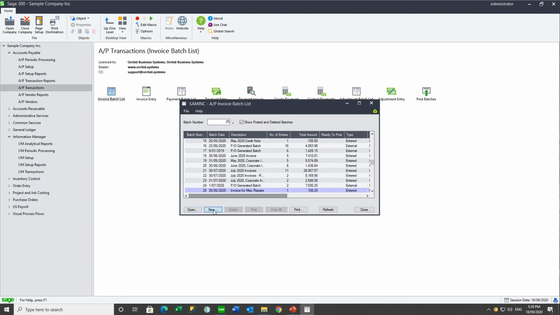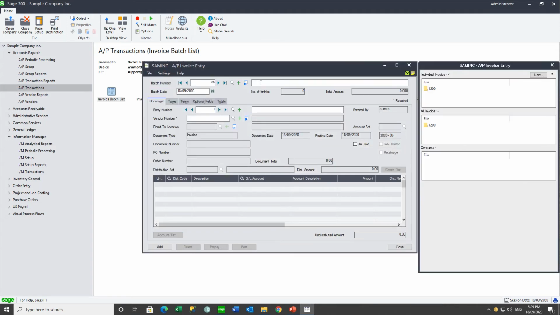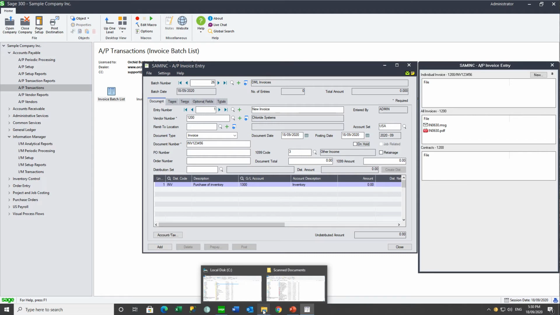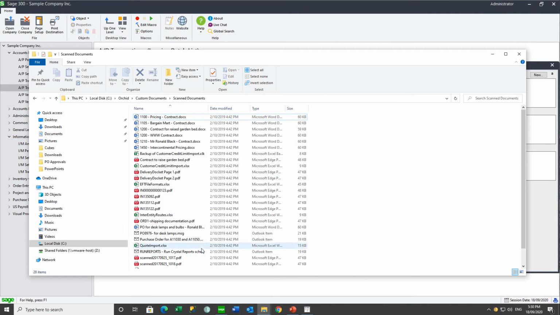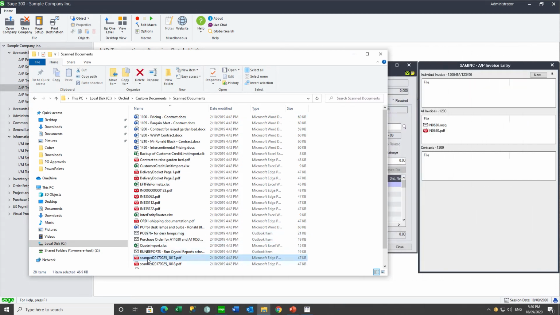If we create a new batch, also for vendor 1200, and give it a document number, we can drag and drop, as we saw from Outlook. We can also drag and drop from our network. So if we had previously scanned in the document, we could drag and drop a scanned document from there